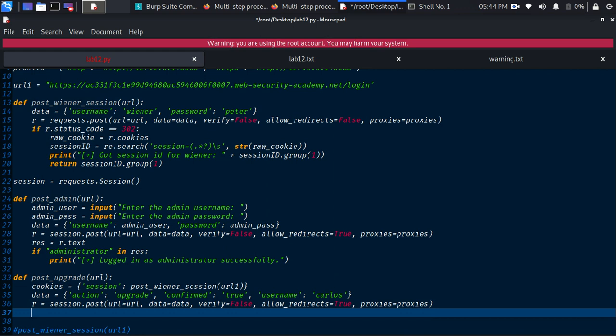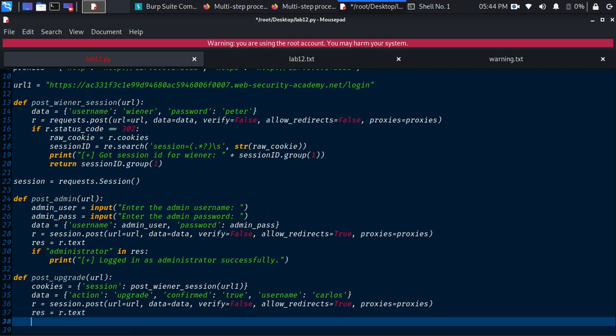Fine. Next, save the response is equal to r.text, and then if,